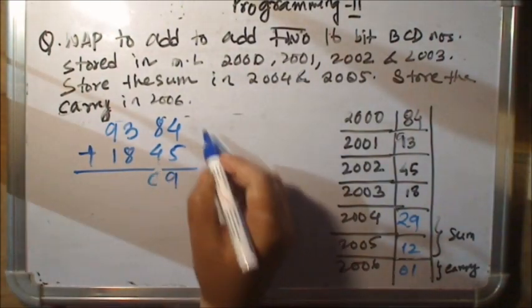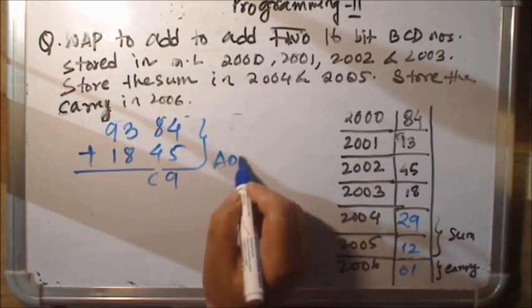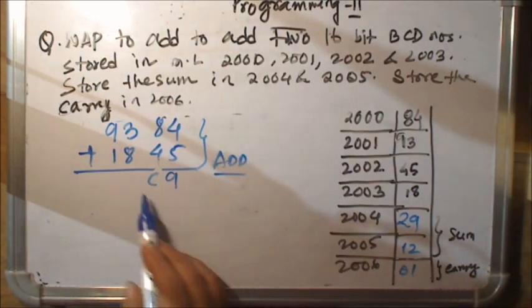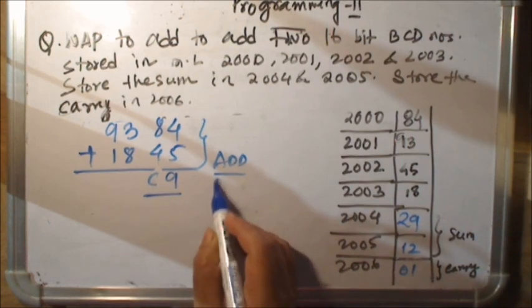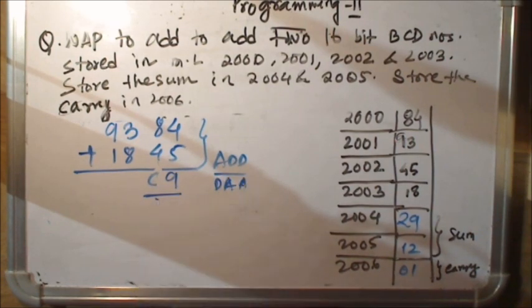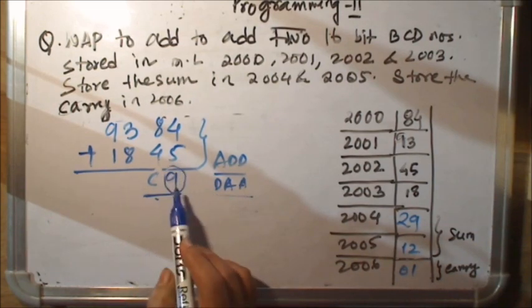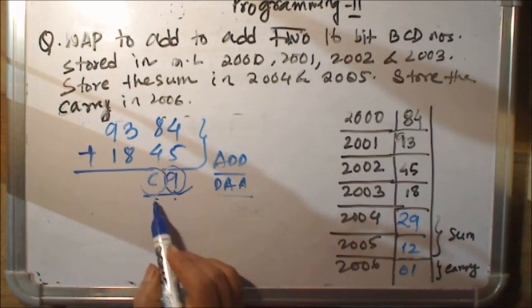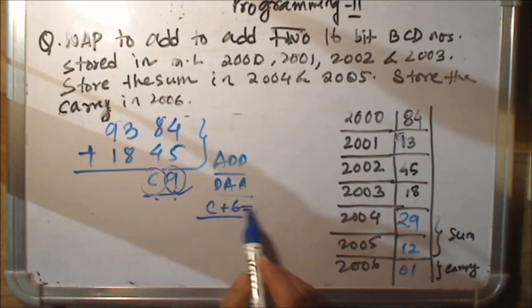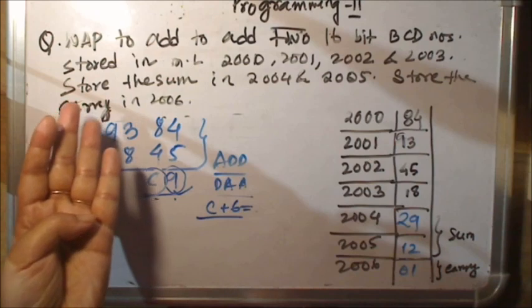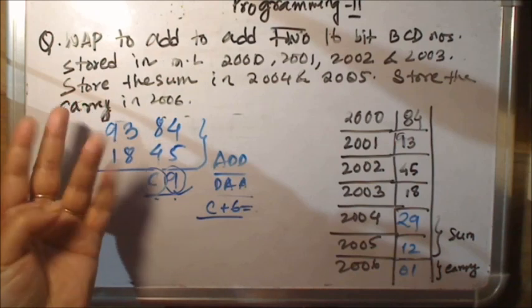Okay, so you have done this using ADD. Now to convert into decimal, you need an adjustment because you want your answer in decimal form, right? So you will use DAA on this lower byte answer. After you perform DAA, what will the microprocessor check? It will check the lower nibble. It is not greater than 9, so it will leave it. It will go to the higher nibble C. C is greater than 9, so what will it do? It will do C plus 6. So C plus 6 is 12: C, then D, E, F, 10, 11, 12.